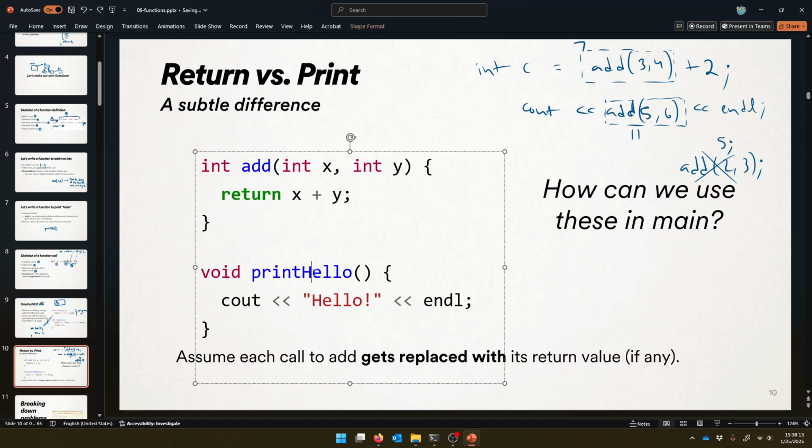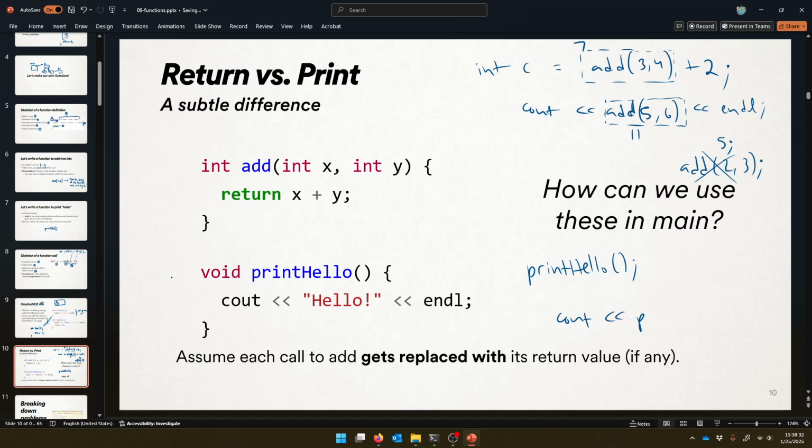And then print hello is the opposite side of that coin. So how can you use print hello in main? You have to just call it on a line by itself because it gives nothing back. Print hello, parentheses, semicolon. It's done, all right? What you can't do is anything where you use this in a larger context. You can't be like, all right, let me cout the result of calling print hello. Does that make sense? This will not do anything normal because it's going to go off and like, all right,